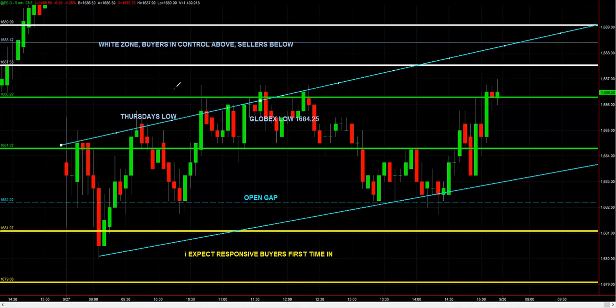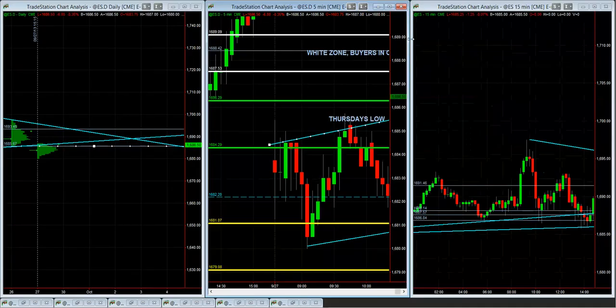So coming out of the day, the trade plan was quite simple. The buyers, in order to really squeeze control, needed to get above this white zone right here. And as you see, they never even could get to the white zone, much less above the white zone. So for me, when we're below that white zone, the other clues were in the morning, when we came in, I had said that,